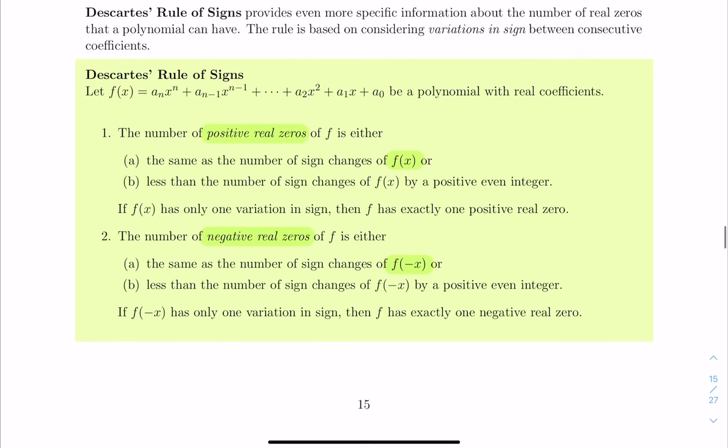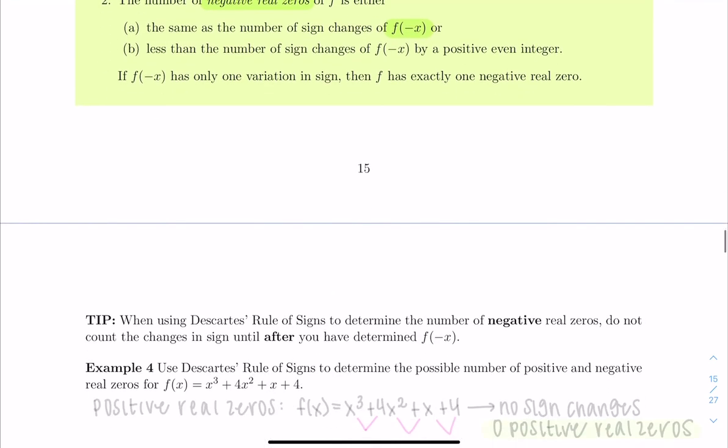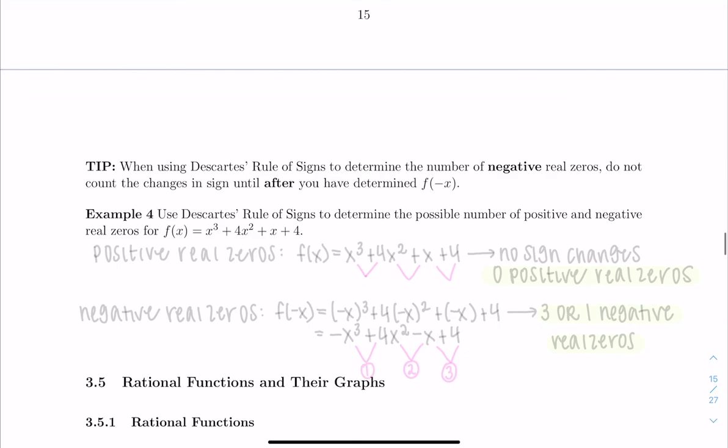So let's go ahead and try this for example number 4. So use Descartes' rule of signs to determine the possible number of positive and negative real zeros for f of x equals x cubed plus 4x squared plus x plus 4. So for positive real zeros, we look at the original,